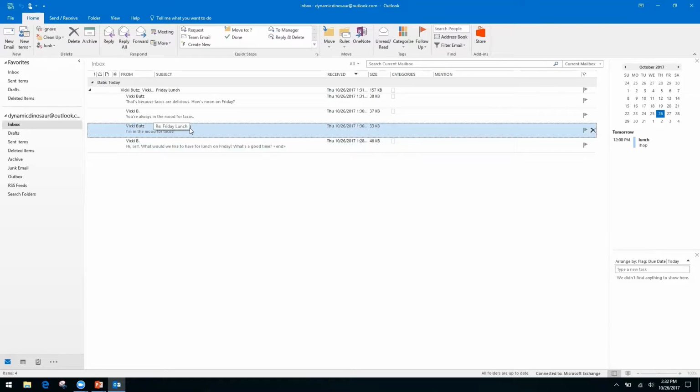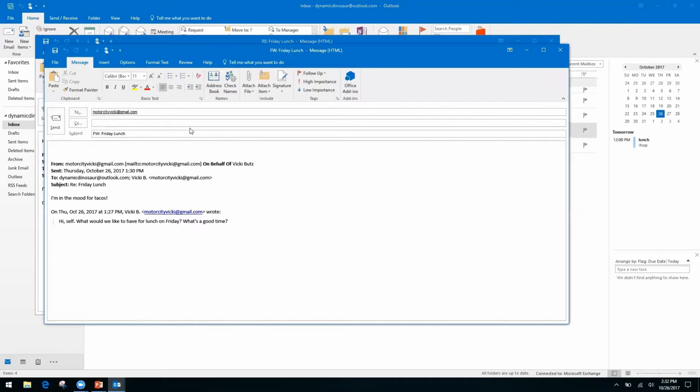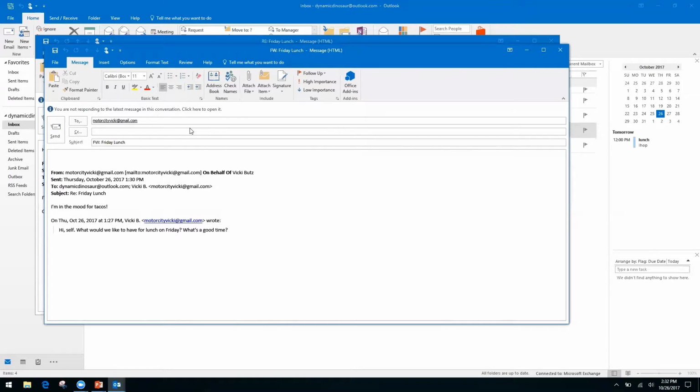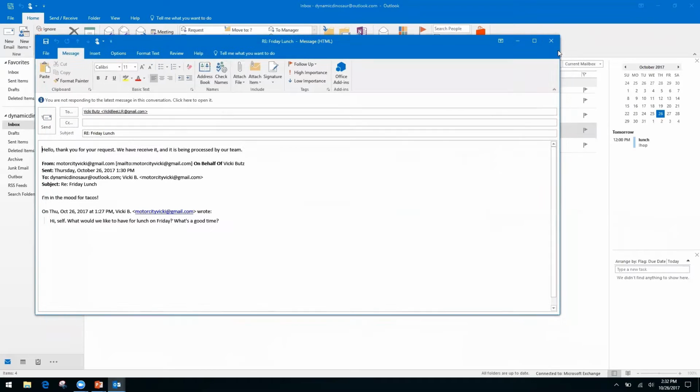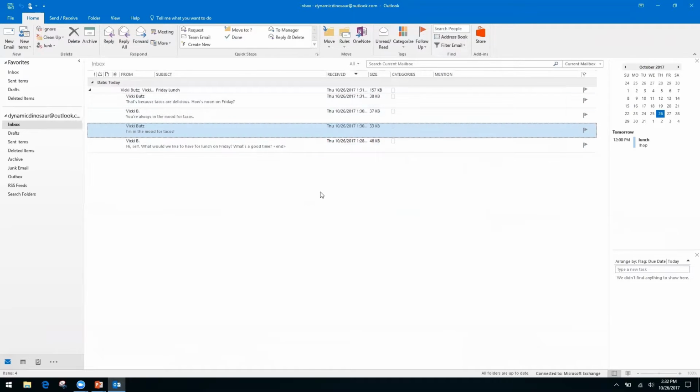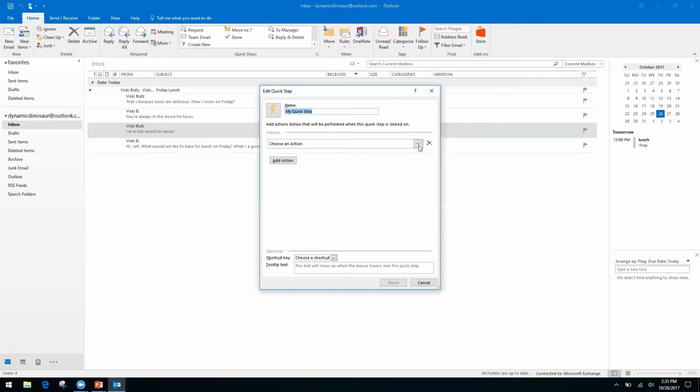So if I want to have this done, and do Control-Shift-2, and it automatically pops that information open. You can see that it is now working on its own. I am replying to the customer, and I am forwarding the message over to the correct party. So I don't have it set up to automatically send right now, just because I am in demo mode, but that's what that looks like. So you can see how this is going to make it a lot easier to perform actions that you repeat over and over again. Another good one you can do, and I will just show real quick, is sending it